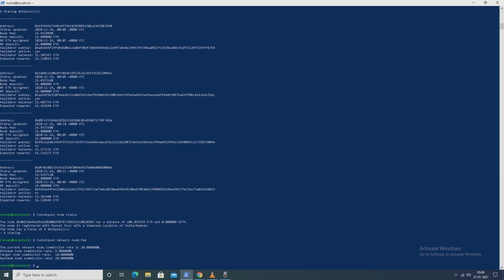It is automatically set by the protocol, but you can also mention your own node fee. So we will return after a few more hours and see the node status.